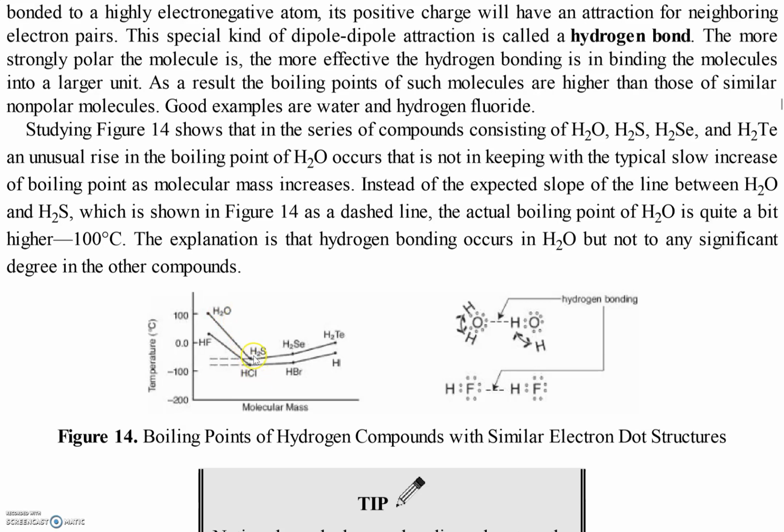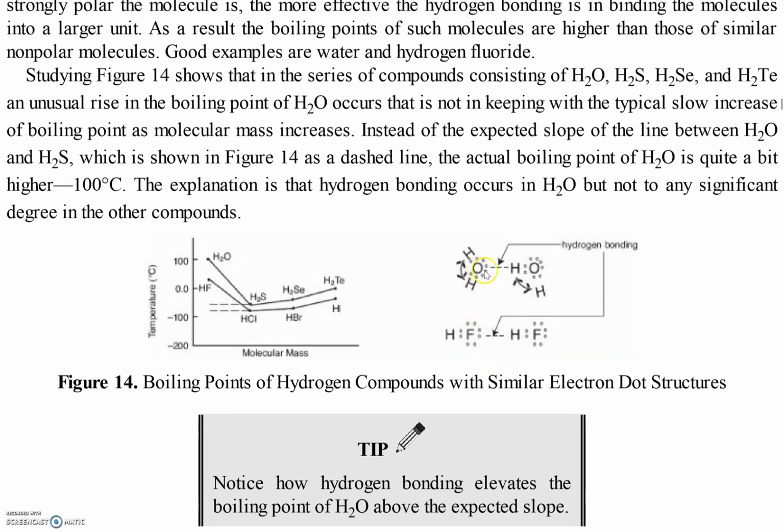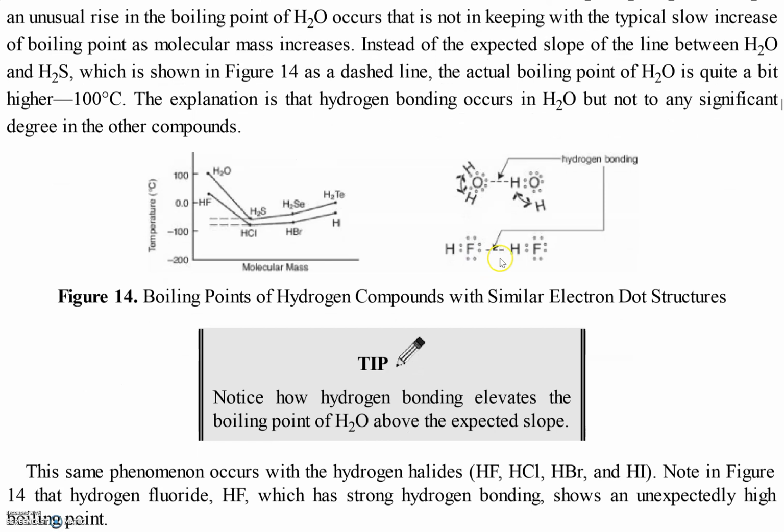The same if we compare HCl and H2S, which have the same molecular mass but different boiling temperature because of the same reason. So here we see in the structures the hydrogen bonds that happen between one hydrogen and of course another element, in this case the oxygen. Okay, it might happen with fluorine, for example, HF.